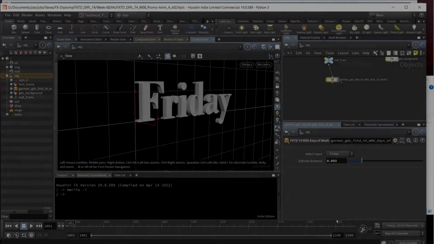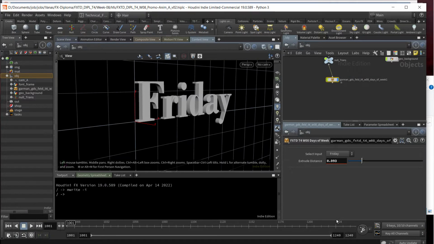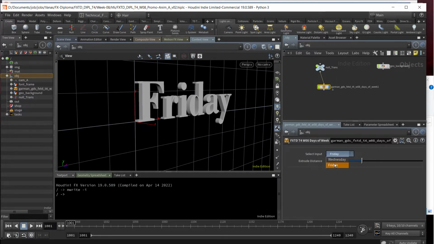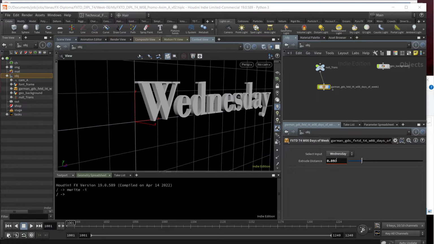I'm going to talk a little bit about being a good employee and cost saving. So this digital asset right here just does the basic switches between Wednesday and Friday and does the extrusion. And this is a common problem of new employees or employees in their first couple of years of working,